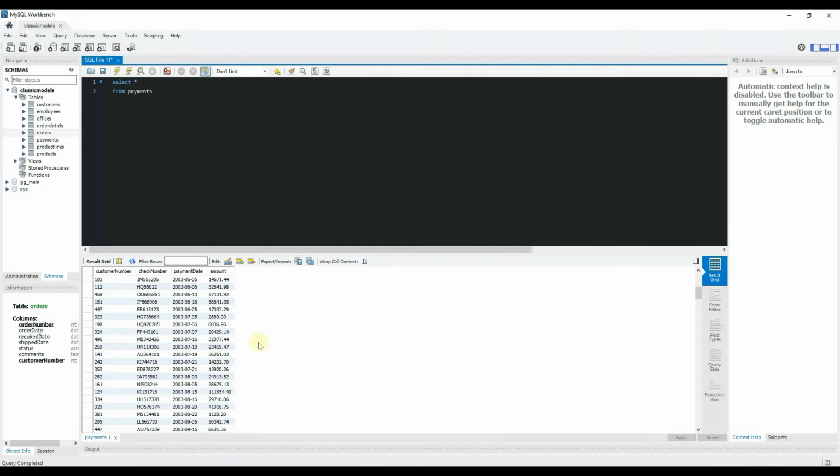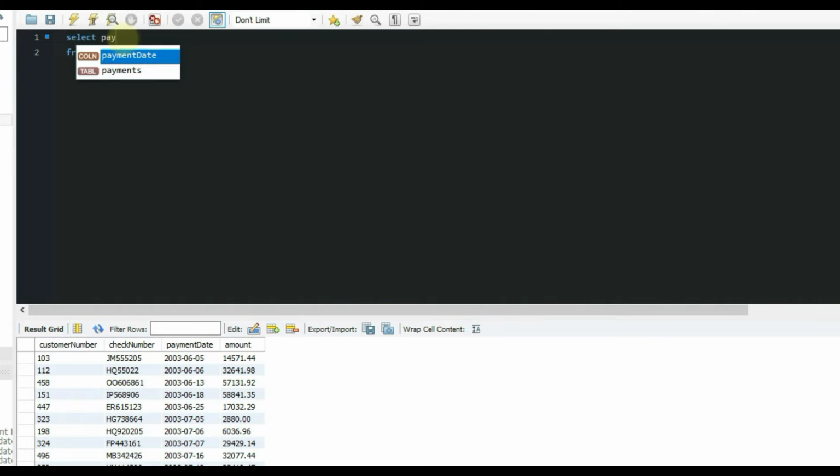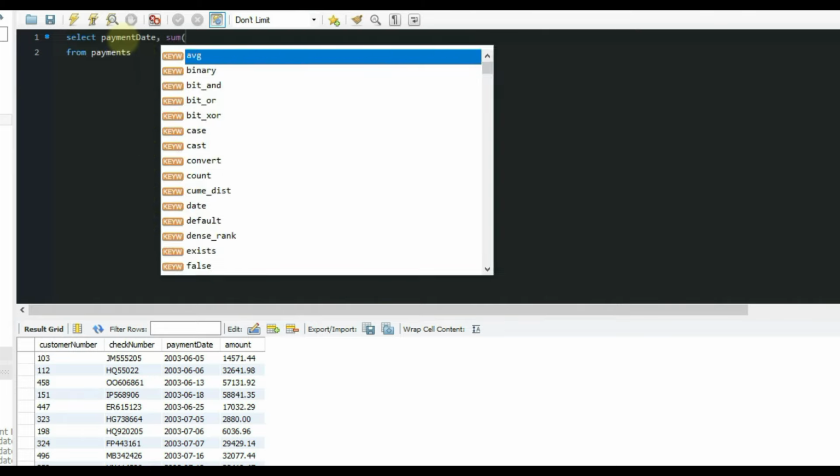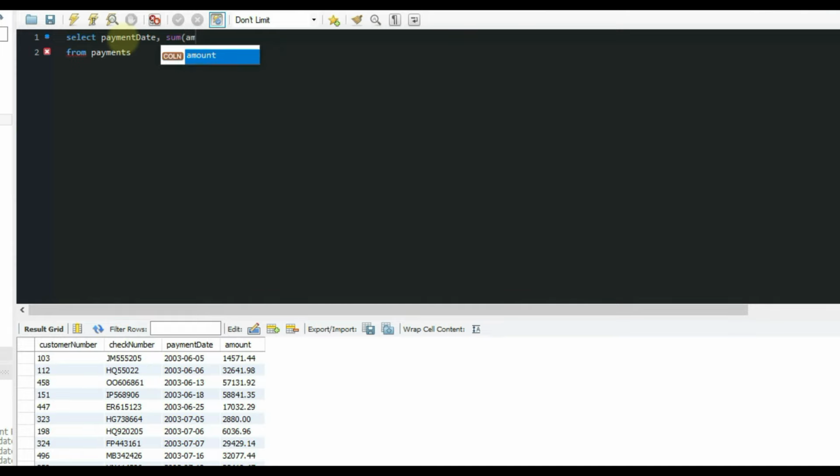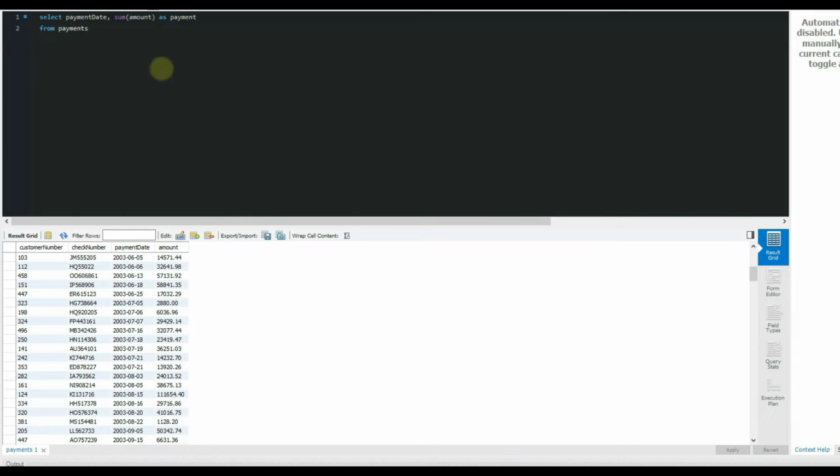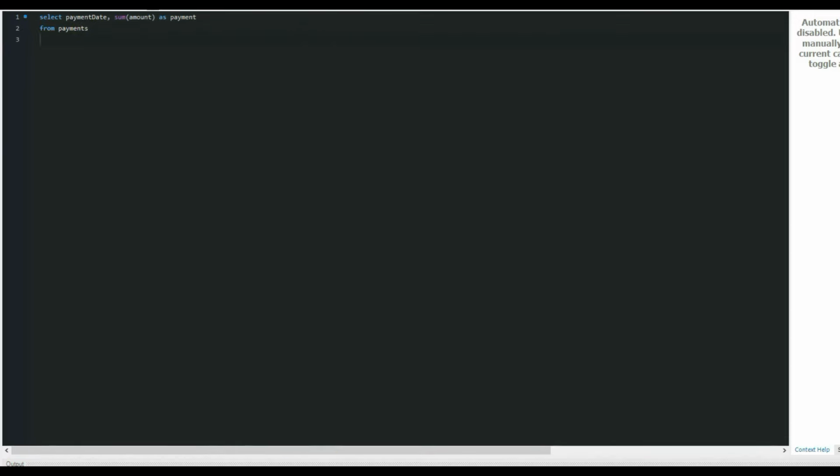So if we wanted to sum the amount per date, that's where we use our sum and group by statements. So the first column we'll display is the payment date, comma, and then if we just type sum, open brackets, then we need to enter our column name, which is amount. So we'll just name that as payments, from payments, and then so again, if we try to run that, you'll see there's an error because we need